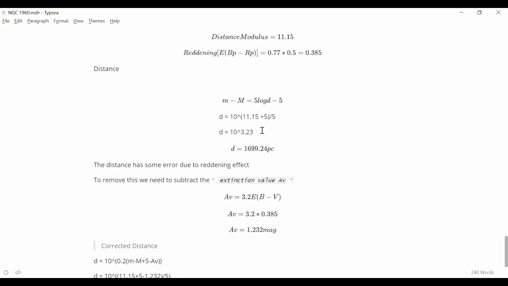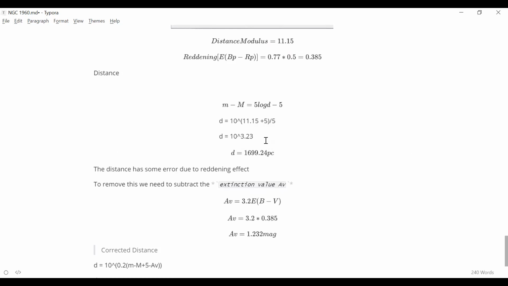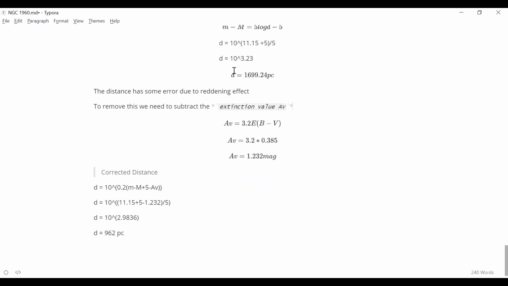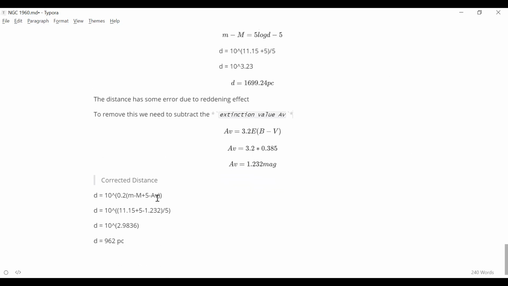Okay. So the distance you got, that original distance modulus, is called the apparent distance modulus because you did not correct it for extinction, right? So you'll have to add the AG factor, and then you'll get the true distance. So your formula will be m minus M is equal to 5 log d minus 5 plus AG.